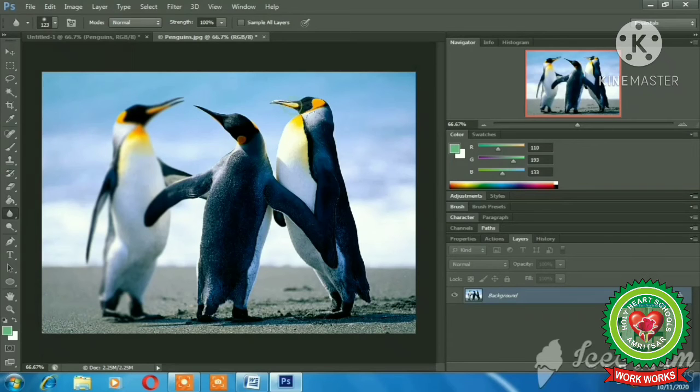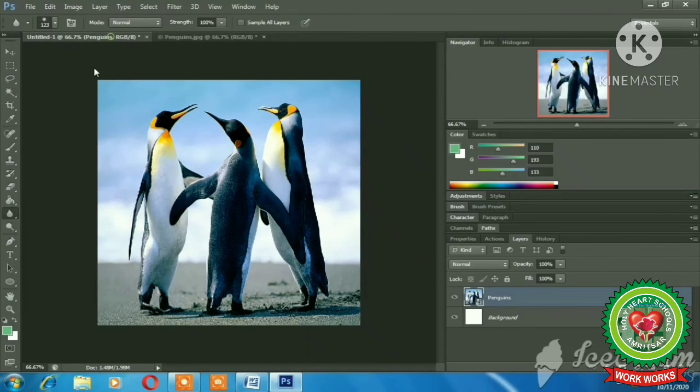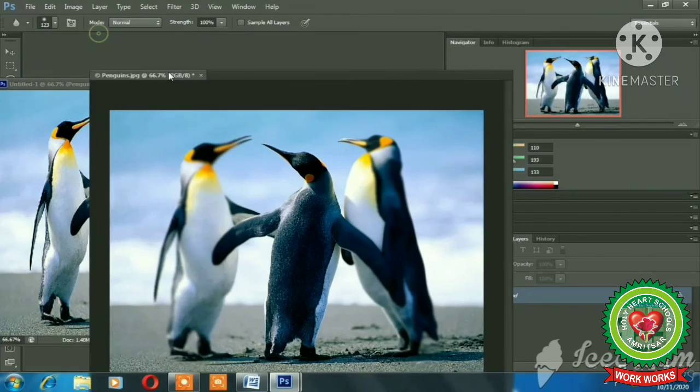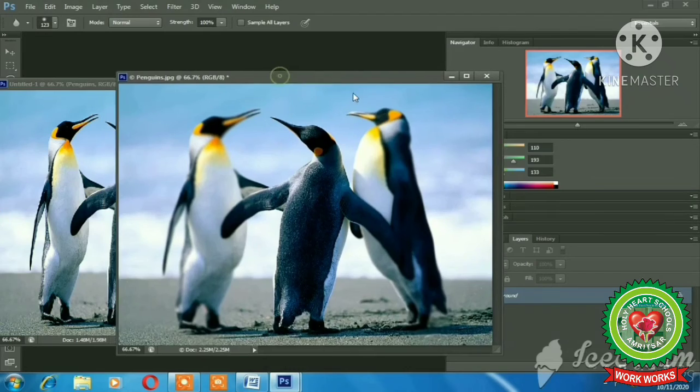Now this one also, to make the focus on the middle penguin, I'll make it more blurry. See, by holding and dragging the mouse, we can make part of the image blurry. Now I will show you the original image and the image with the blurry effect.